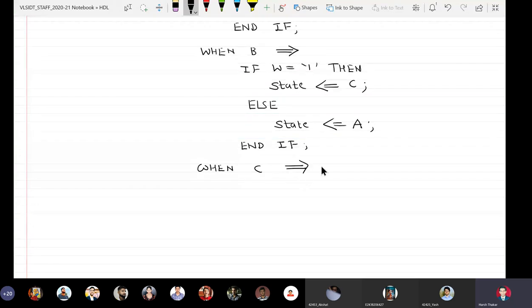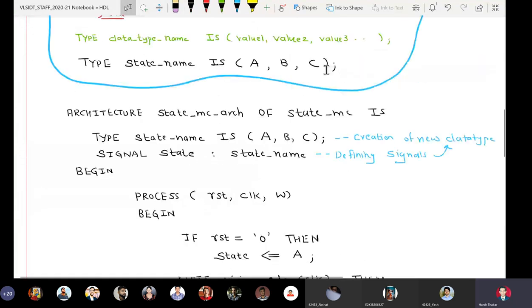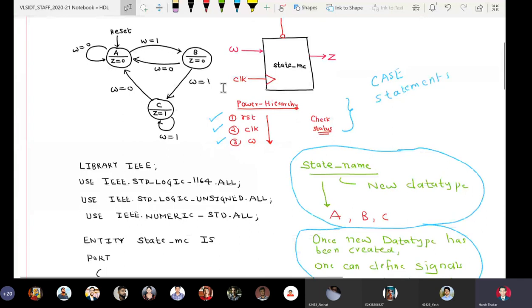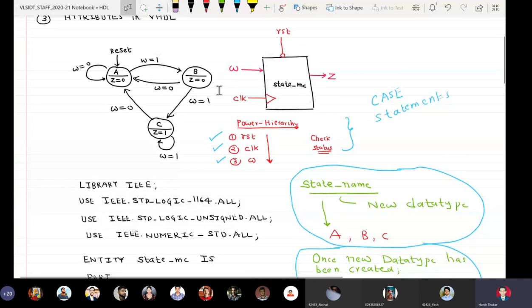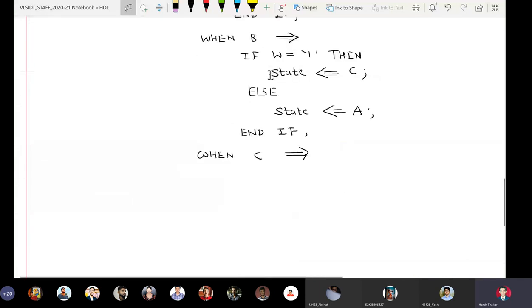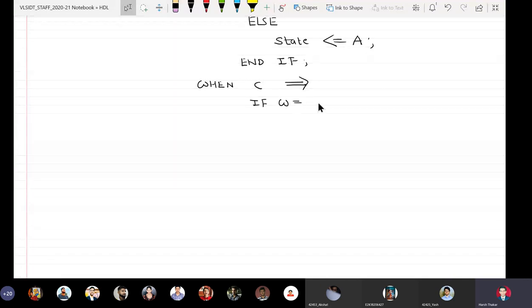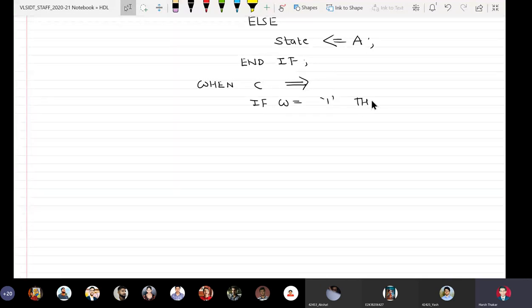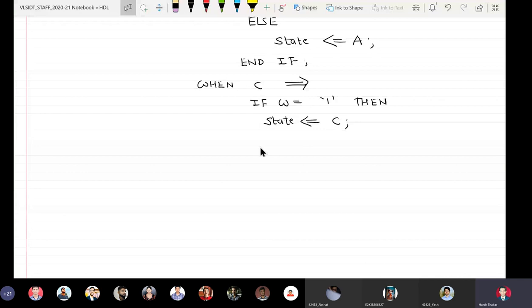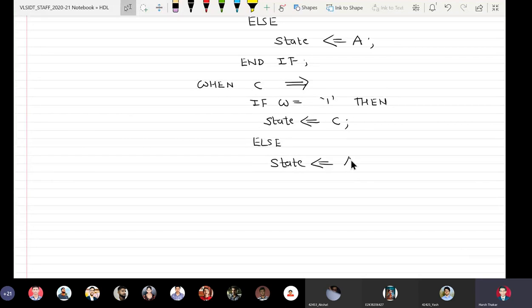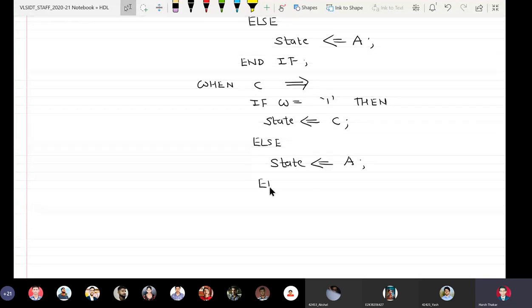Similarly, I'll write down when C, then. In the state diagram we see the machine is in state C, if 1 then C, else A. If W equal to 1, then state gets C, else state gets A, end if.